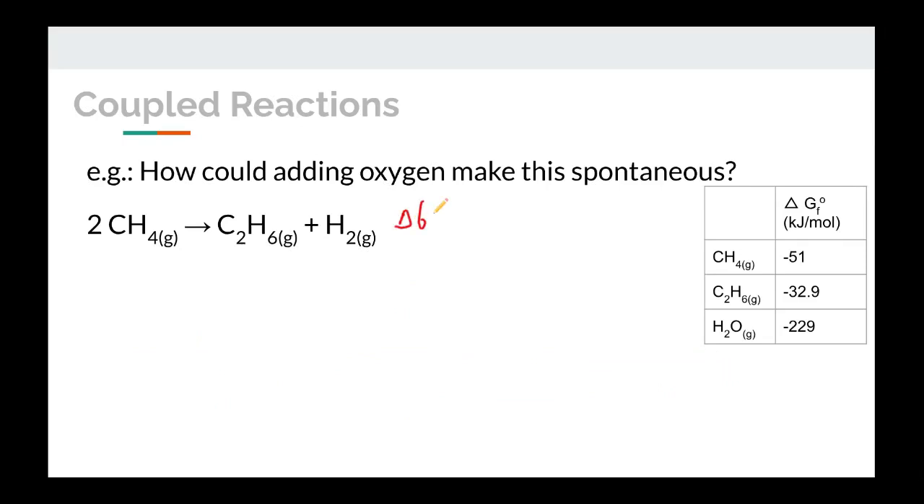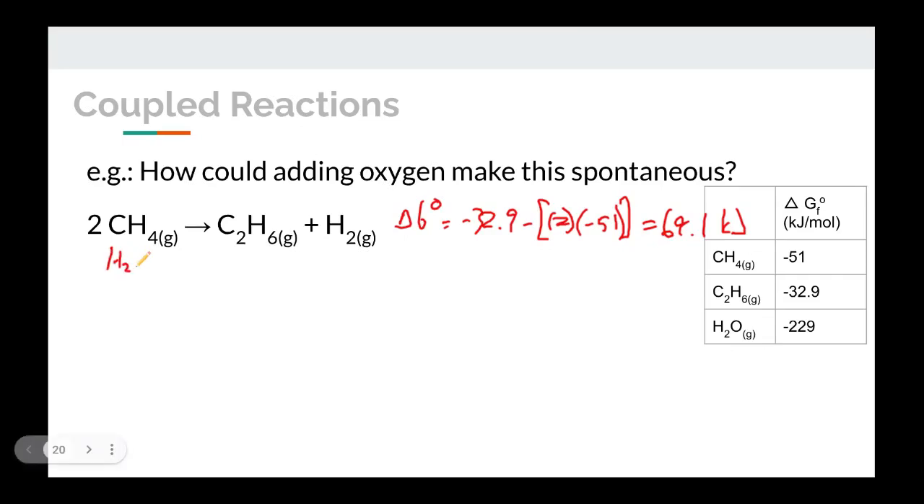Well, delta G for this reaction is negative 32.9 kilojoules per mole minus 2 moles times negative 51 kilojoules per mole, and that's a positive number, 69.1 kilojoules. So for this reaction by itself, it's not spontaneous. If we added oxygen, here's what could happen. That hydrogen that we created could react with oxygen and produce